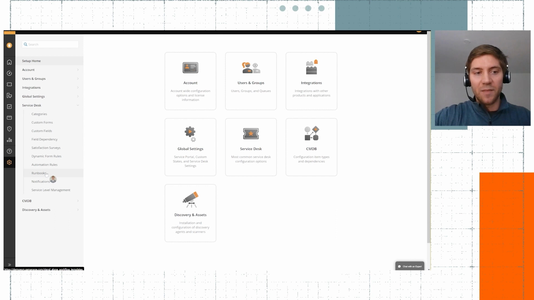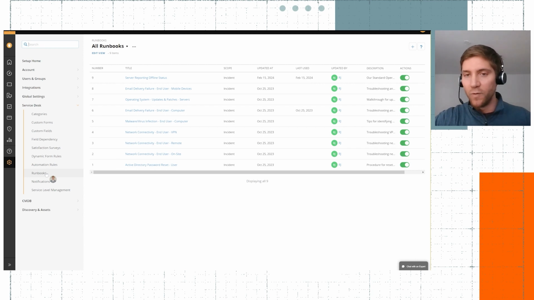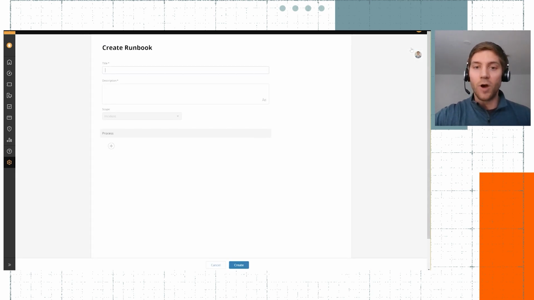within the setup, and again, this can be limited to admin, so you don't have your tier 1 technicians going into setup and removing some steps in the run book to try to make their life easier. But I've got a bunch of different examples here. Whether a VPN's gone down, an end user's got malware on their computer, and all of these have their own set of steps and definitions or operating procedures that are required.